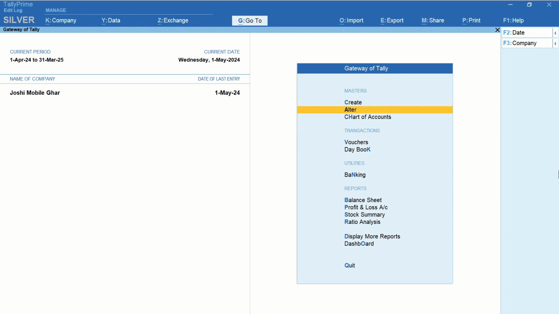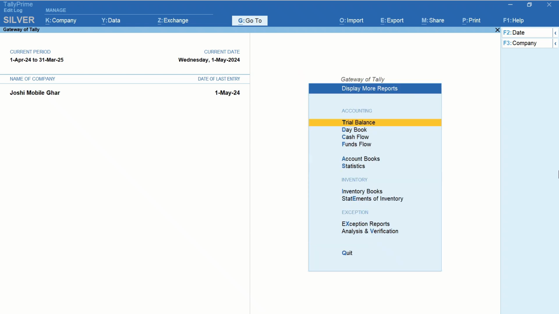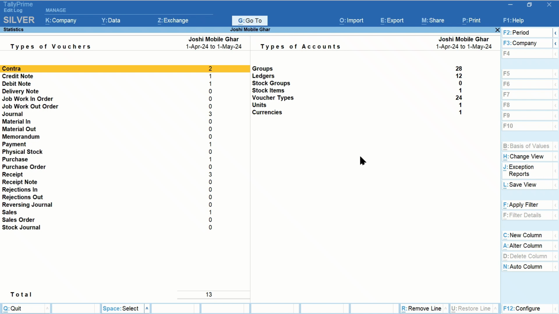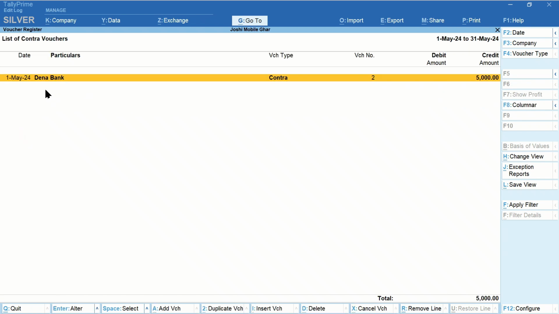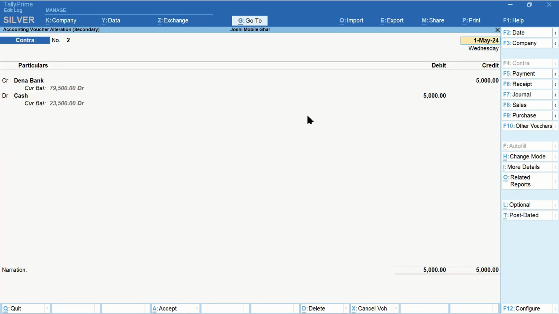DS, that is display more reports. S is statistics. When I go in statistics, I will get the number of vouchers I have entered for various voucher types. Here you can see we have passed 2 contra vouchers. So I'll press enter. I can find that I have passed a contra voucher on 1st May. Enter. Enter. So the voucher was of 1st June. I can simply type 1 June here